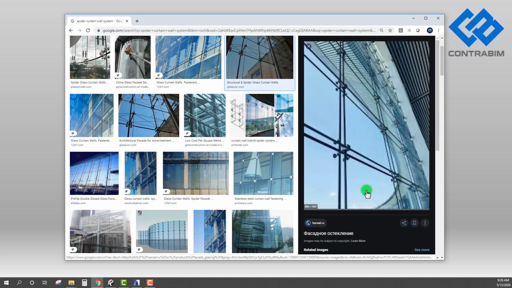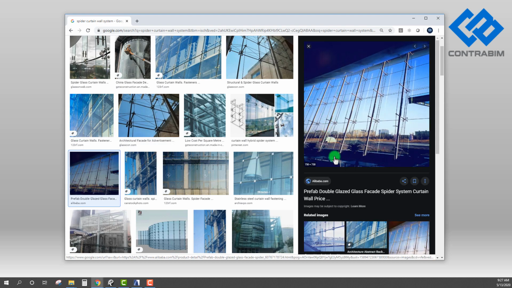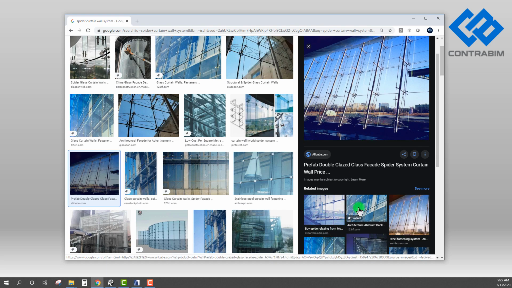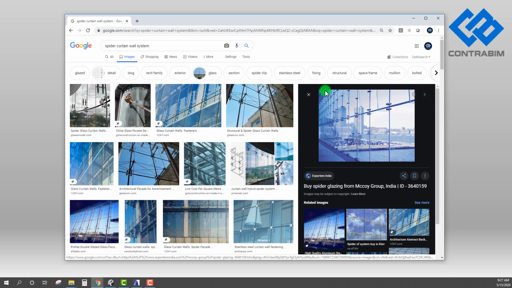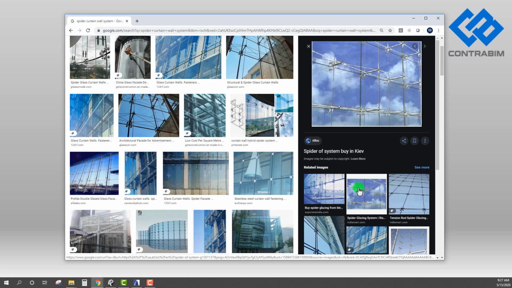Here is another variation, which is more of a tension cabling type system, where you can see there's a cable running vertically as well as horizontally, and there's a lot of different variations that you can find based off this tensioning type system. Sometimes you'll see a hybrid type system, where we have a tube steel support running vertically or at an angle in this particular case, and then you can also see that there's some tension cabling running on the front and the back as well. So a lot of different ways of setting up these point supported systems. There would be another glass fin type style, but with that,